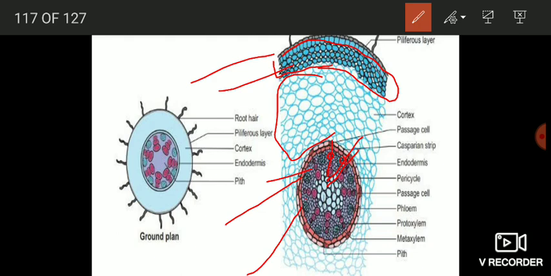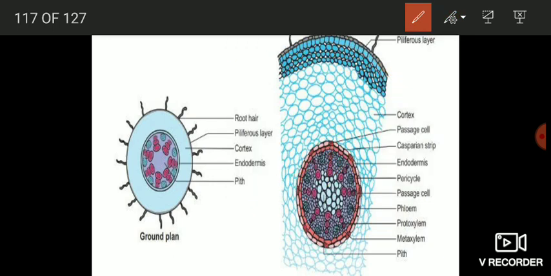And the position of protoxylem and metaxylem in case of xylem bundles is such that protoxylem lies towards periphery. This is protoxylem, this is metaxylem, and this arrangement of xylem is known as exarch condition. Exarch means the direction of development is towards the center. Xylem matures first at the periphery, then it starts maturing towards the center. Okay, and then finally pith. Pith is very much large in case of monocot roots. The individual cells of this pith are parenchymatous in nature, and they store starch grains.